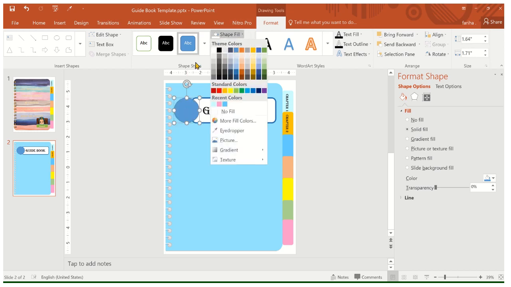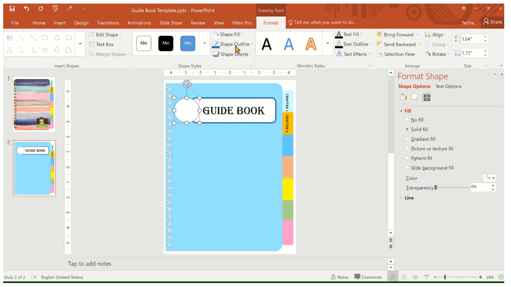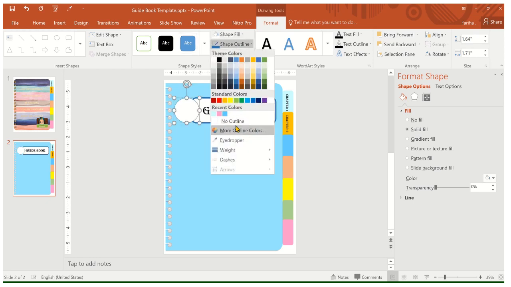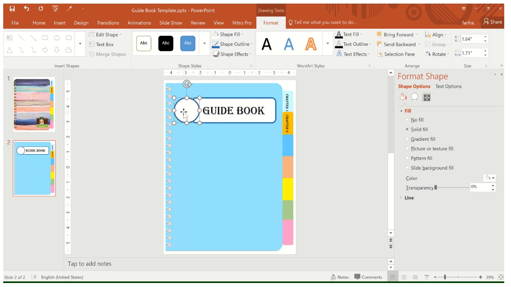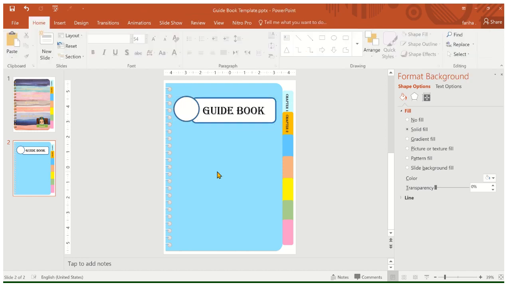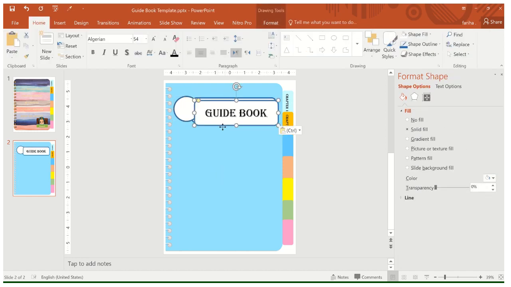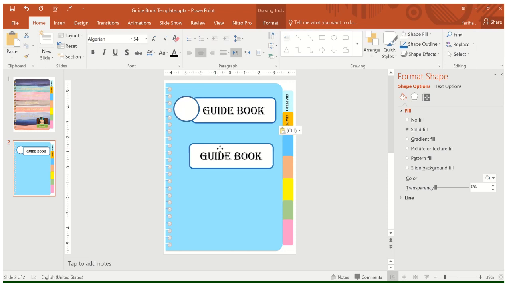Again, same procedure. Click on shape fill, fill the shape, and after that, if you don't want any outline, you can click on that. If you want any outline, you can use the same outline that you used for your guidebook page. Okay, after that, this is done. Now this guidebook page, again I'm copying it and pasting it here. Now we have to add a right name and all details about us or about the student. Click on guidebook, and